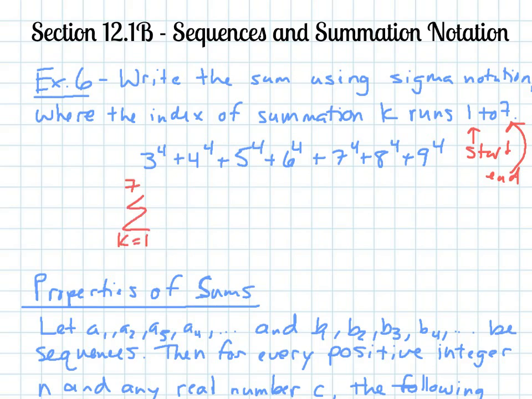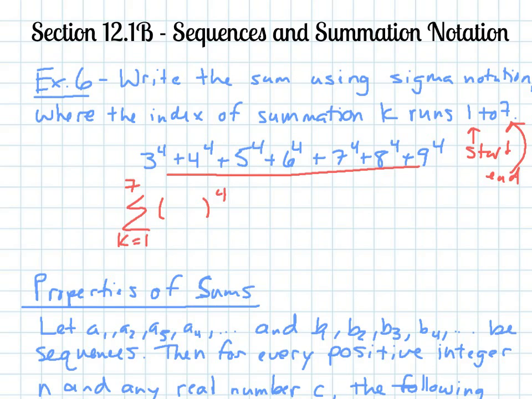So now we have to write a formula that represents what's going on down here for our sum. So it looks like the first number should be 3, and it goes all the way to 9. The thing that doesn't change is that it is always to a power of 4. So it should be something to the 4th power. And so now, how would you go from the starting point of 1 to get to 3 is the next